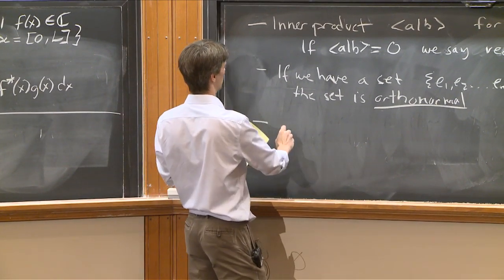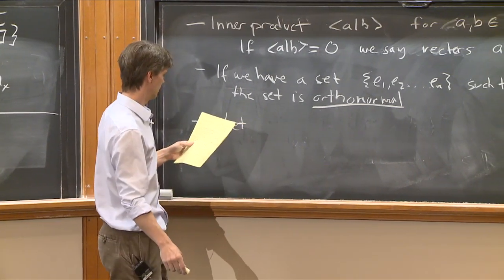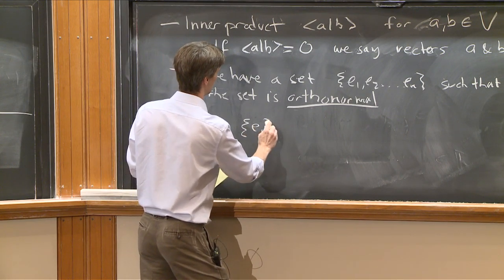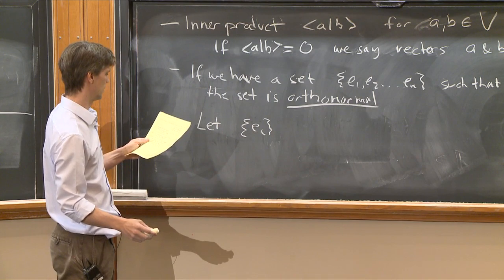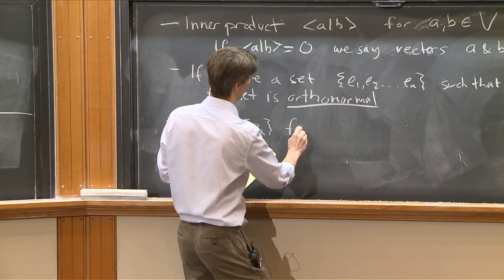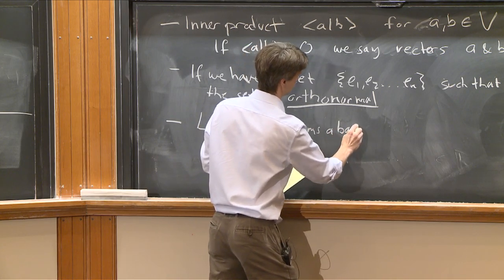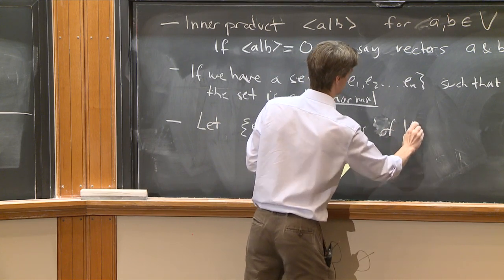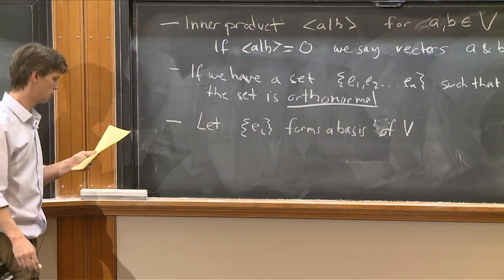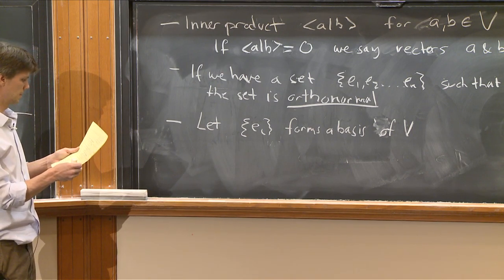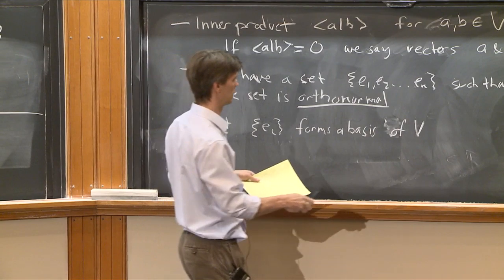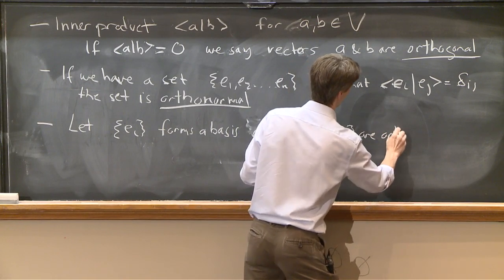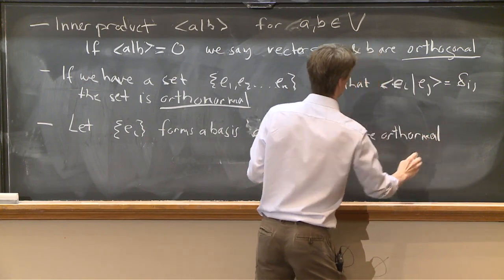So let's say we're going to choose e_i to be a set of vectors in our vector space V. And we've previously had things that form a basis of V. And if we also demand that they're orthonormal,